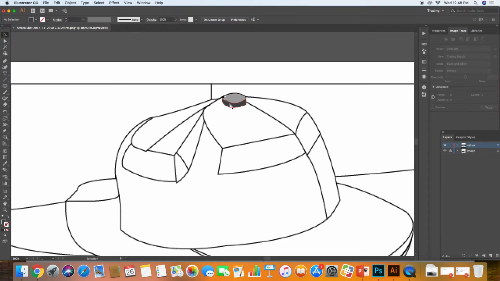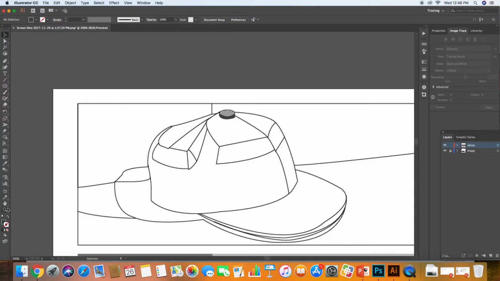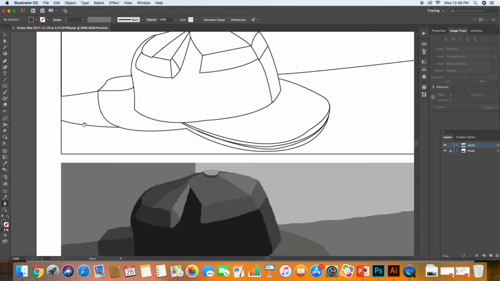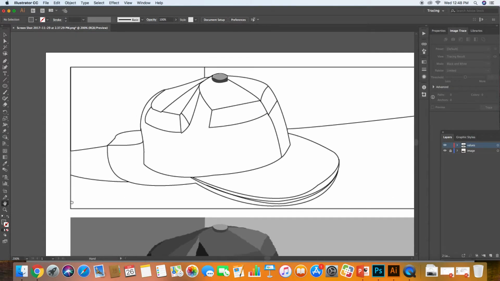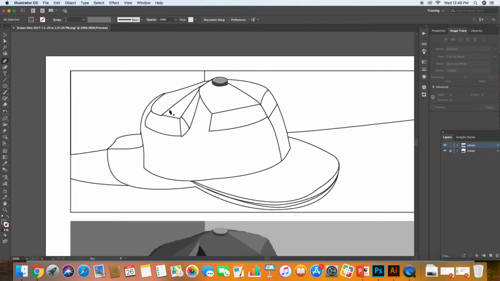Alright, so basically you're just gonna be tracing all those different values. So I'm gonna do the same thing here. I'm just gonna work on a bigger shape. And I'm just working on these shapes that are next to each other. So you don't have to guess these colors. It's kind of like there for you. Okay, one thing I did want to show you though is